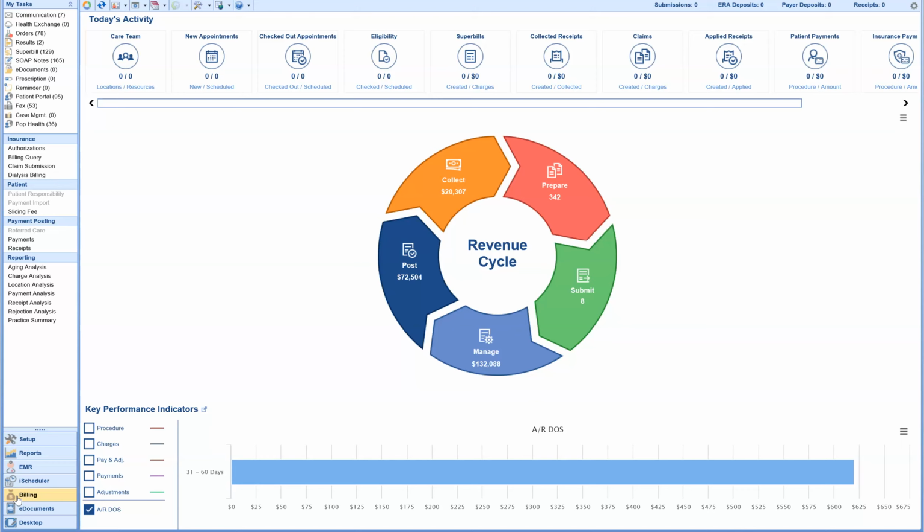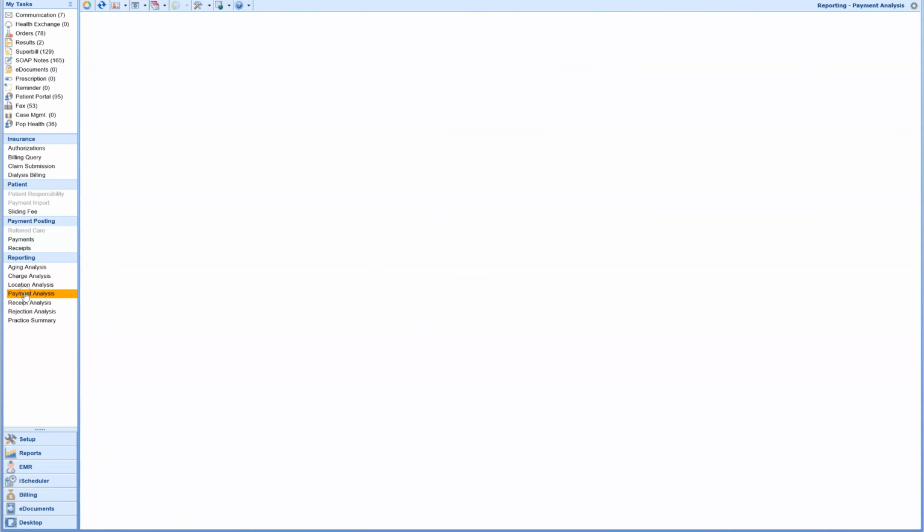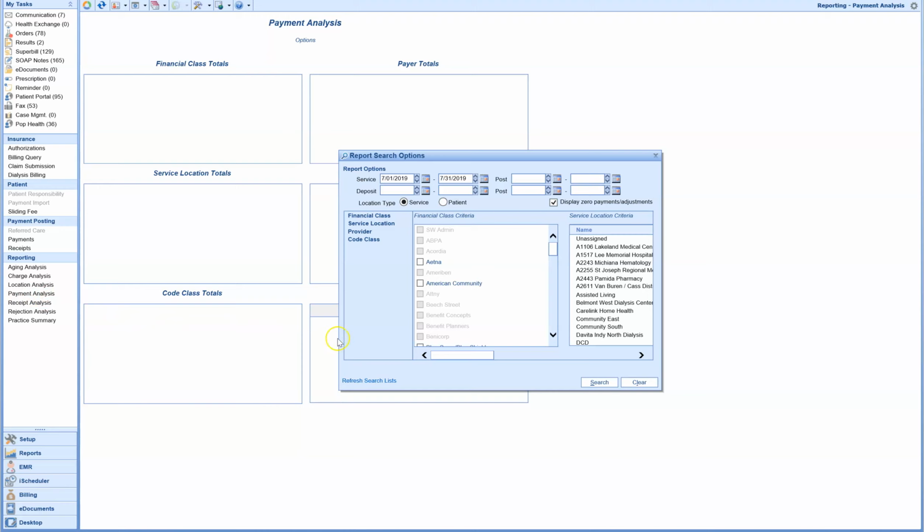Once we go to the billing portal, this will take us to the revenue cycle summary page. To run the Payment Analysis Report, this will be on the left-hand navigation pane under the reporting header. We're going to choose the Payment Analysis option. Once I click directly on the Payment Analysis option, this is going to go ahead and bring up the Search